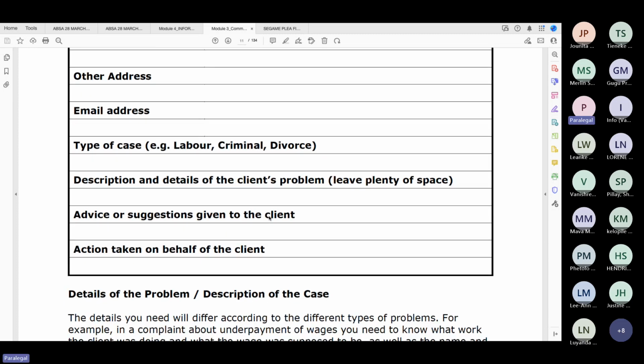The type of case, you and I discussed that a case can be a civil case or a criminal case. So when a case is brought into the office, first start there. Start with, is it a criminal case or a civil case? Then you can take it further and say, for example, criminal cases, there are people who do criminal cases such as